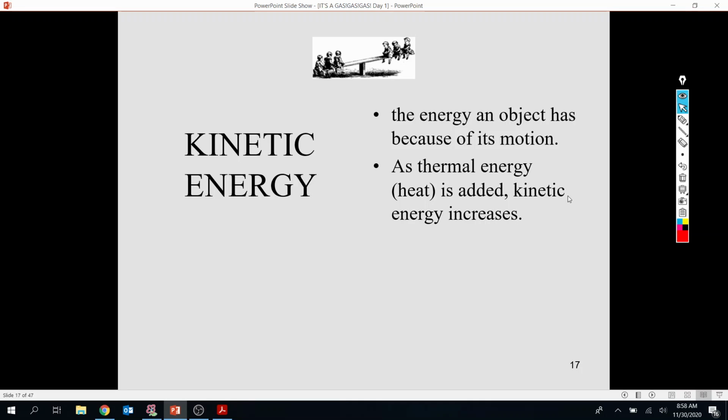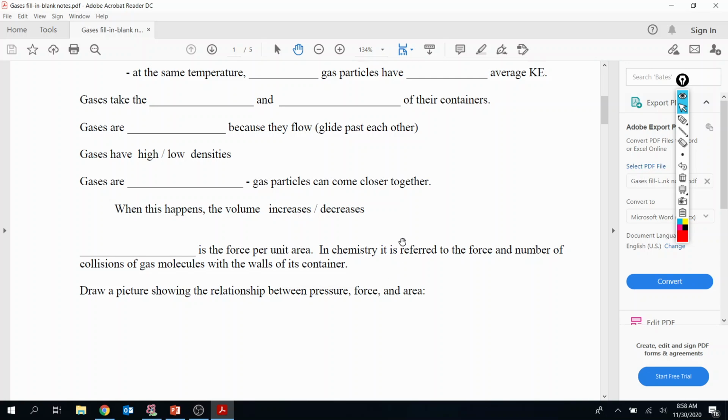All right, let's see, we're embarking on a new topic now, kinetic energy. So let's go back to our notes and see what we can fill in from a moment ago. All right, let's see. Gases take on the blank and the blank of their containers. All right, size and shape. Remember that, or shape and size, whichever way you want to write. So size and shape of their containers. Gases are fluids